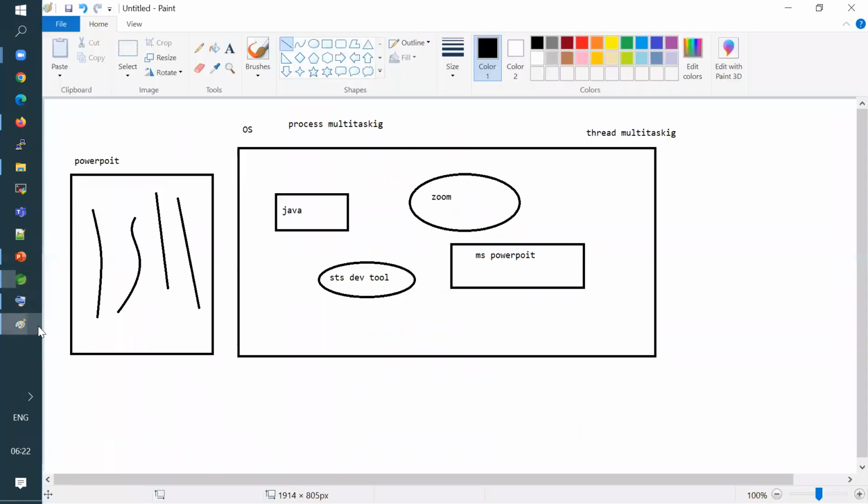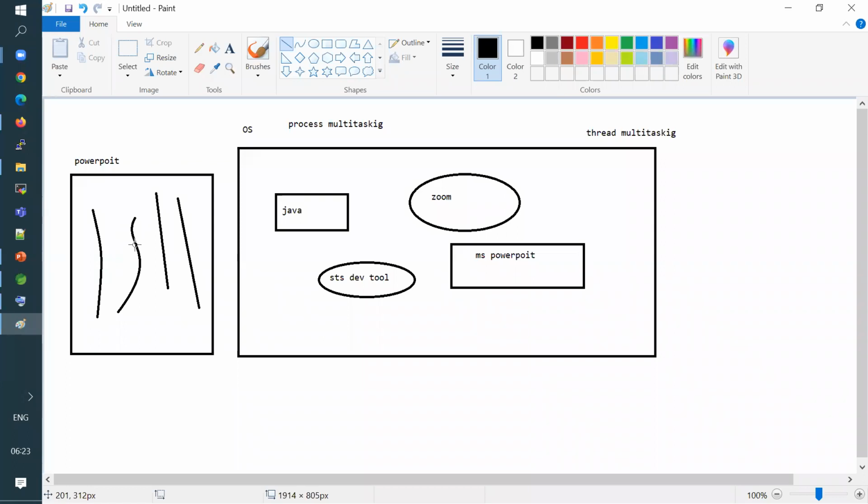So basically here, in order for your thread to do certain things, it should be able to take the time of the CPU, right? Going by our previous PowerPoint example, if playing video is consuming our CPU time, that is, our processor time, then another thread cannot make use of the processor time to navigate through the slides, right?